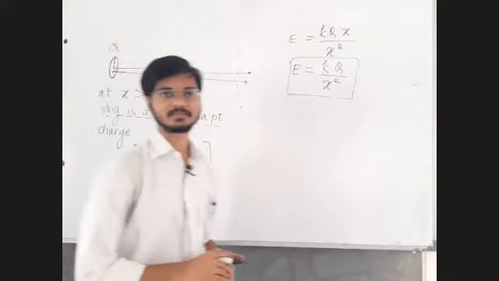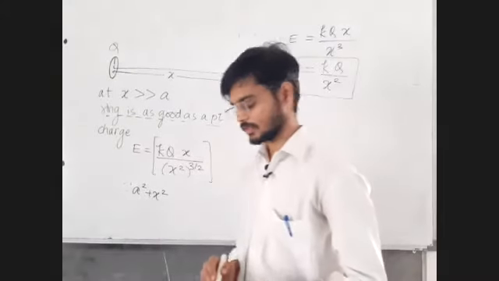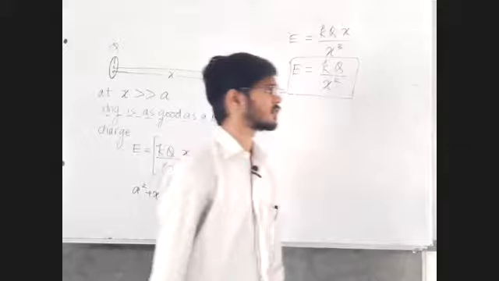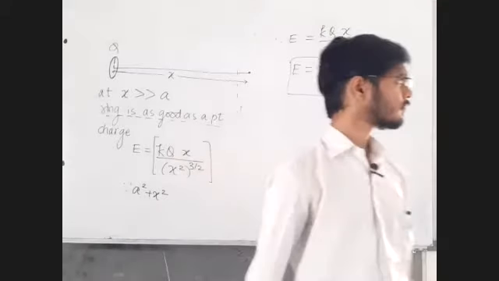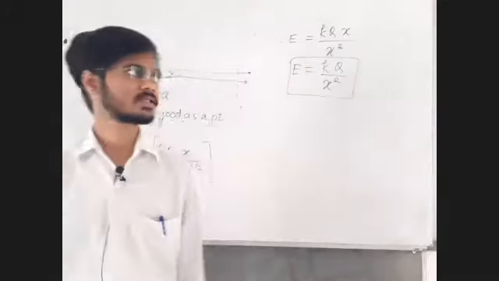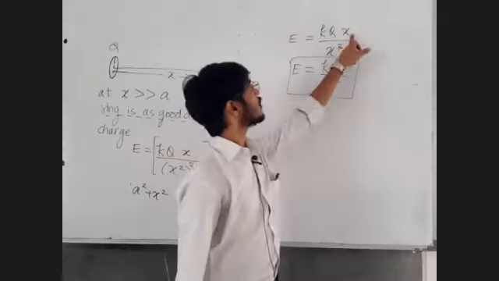Can we solve this by limits as x tends to infinity? Yes, you can solve that by limit x tends to infinity and put the value of x as infinity. If you put x value as infinity, then infinity upon infinity, you have to cancel out those x, means x upon x cube.